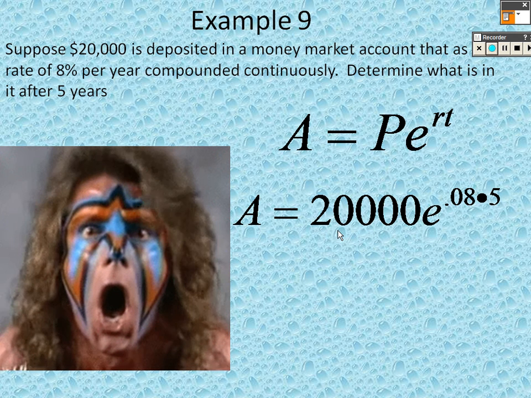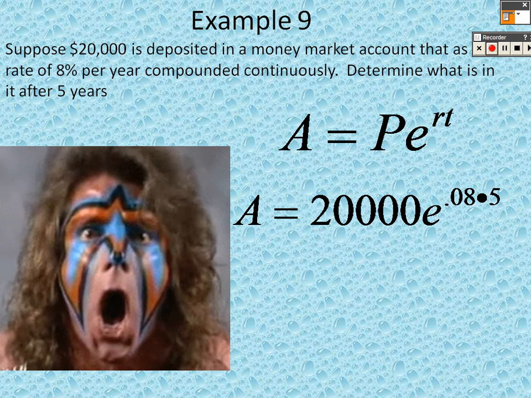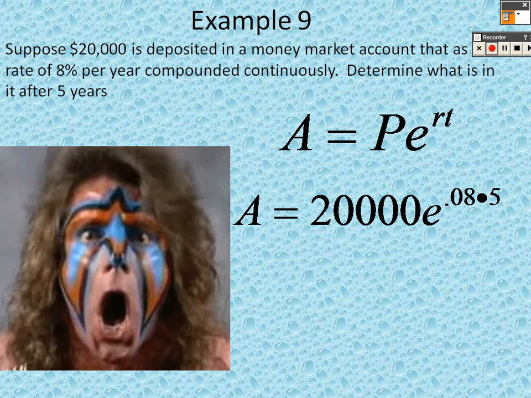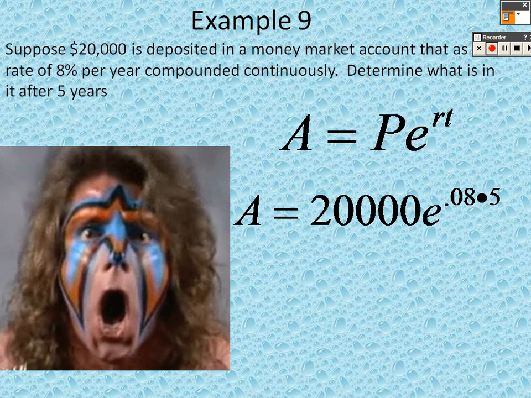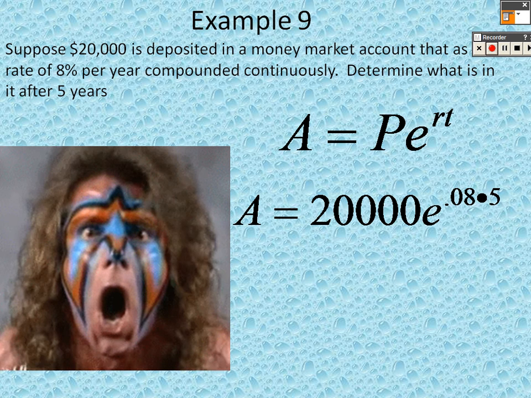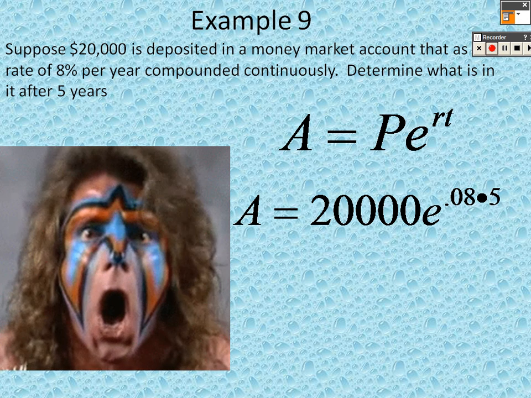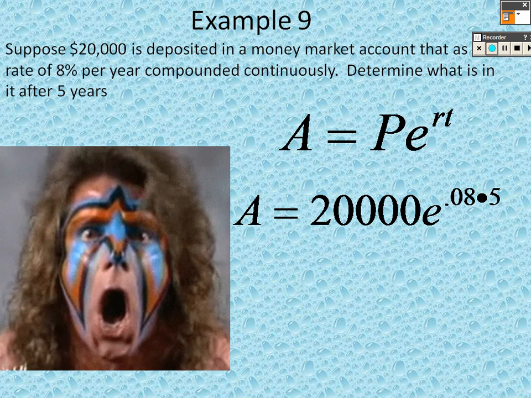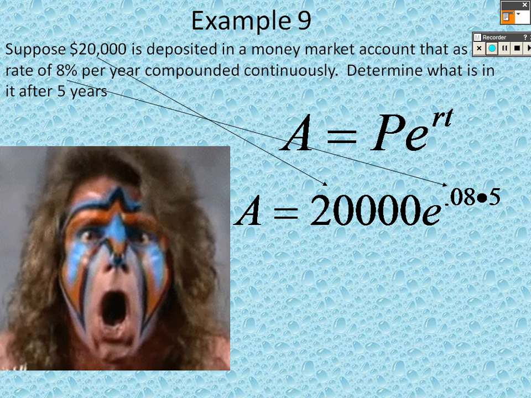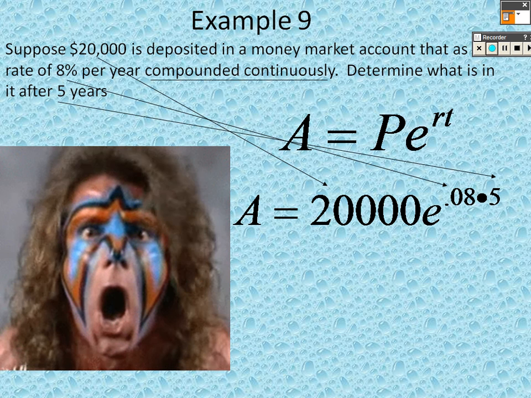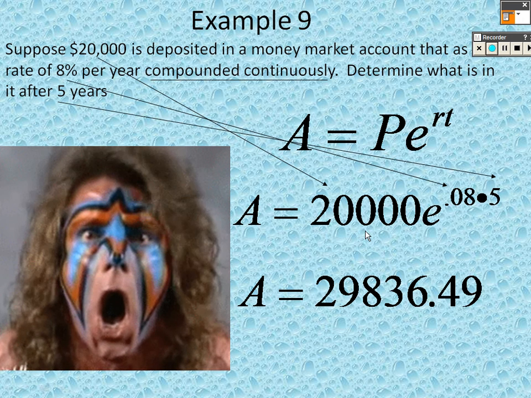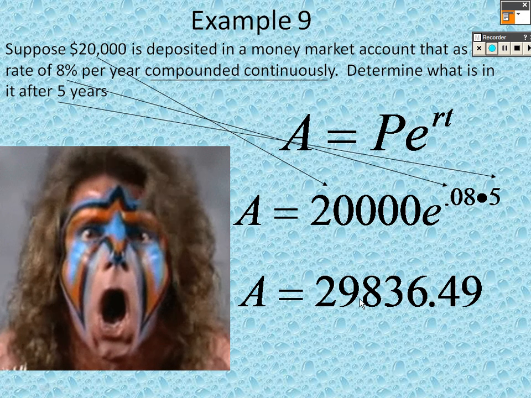So in your calculator, you would type in 20,000 times, your exponent is second and natural log, 0.08 times 5. You end up getting $29,836.49. So by compounding continuously for 5 years at that interest rate, you would make about